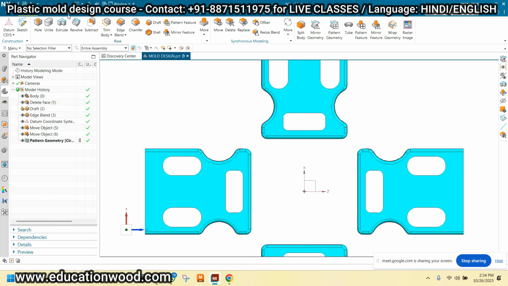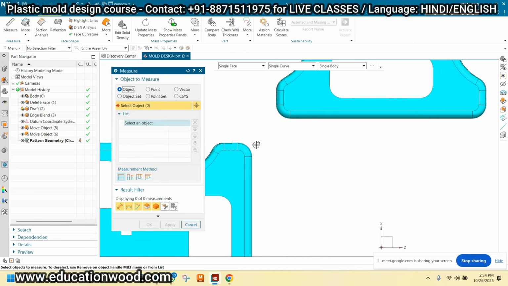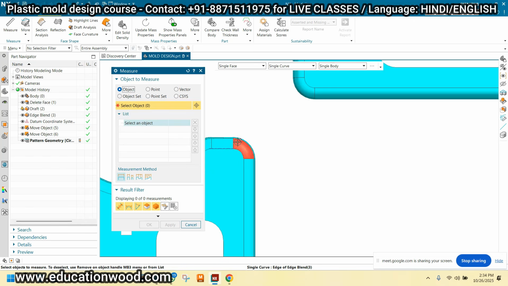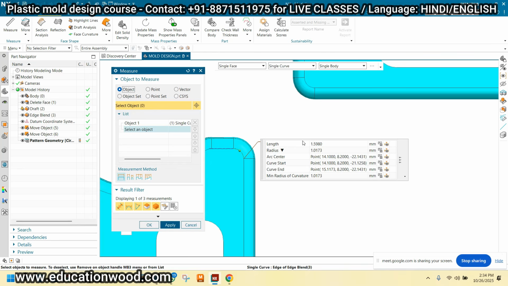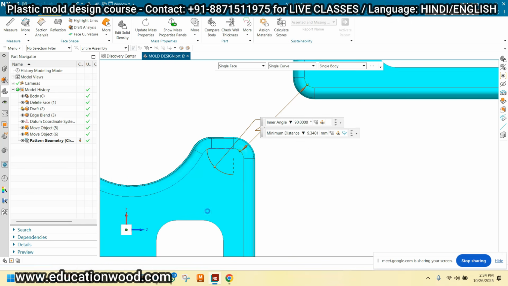If we are trying to make a mold for any type of component with multi cavity, we have to check this feasibility, which is very important. Now I'm just taking a random curve, like this is the second one. From this point to this point it is about 9.3, so approximately 8 mm, right?